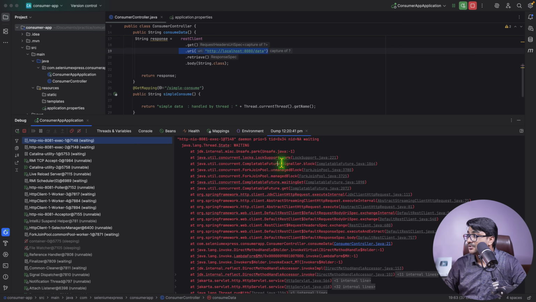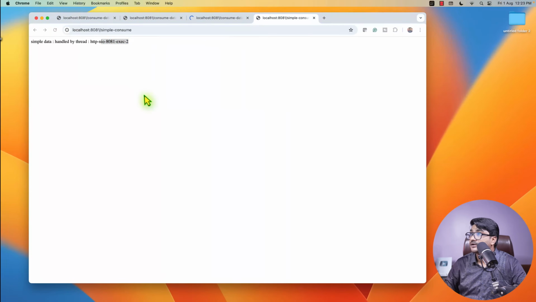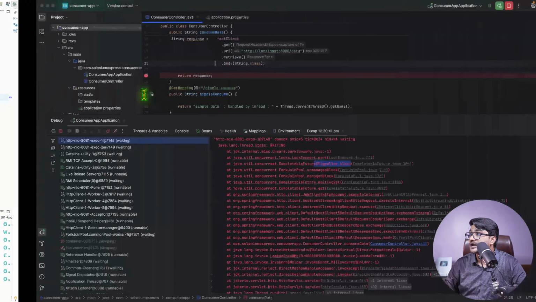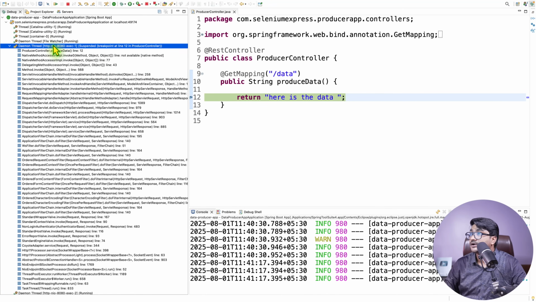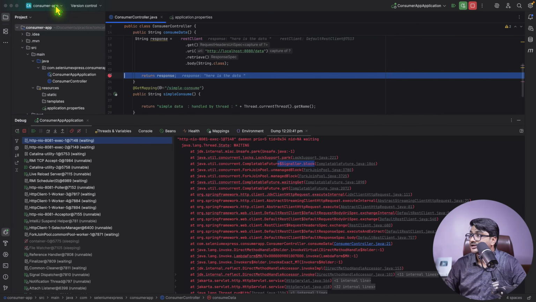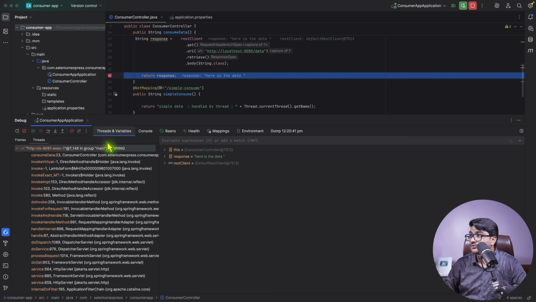It is actually blocked behind the scene. Okay, so do not predict. REST client is a non-blocking operation. If you're going to put your breakpoint here one more time, if you're going to resume the request from your producer application right now, come over here, resume this, you will be seeing the same exact1 thread is going to handle the request. Okay, see, right now, if you're going to go to your thread variable, see, the exact1 is